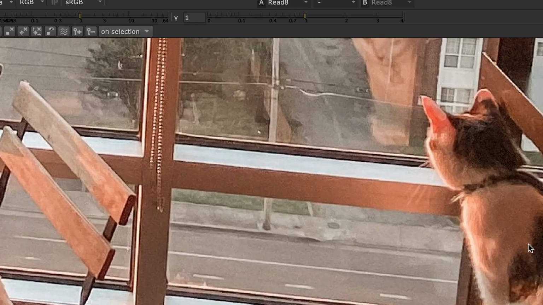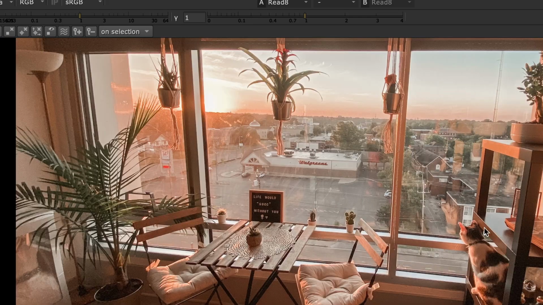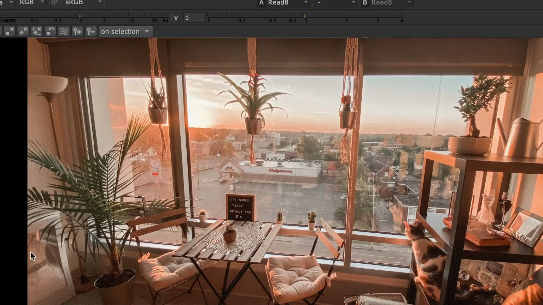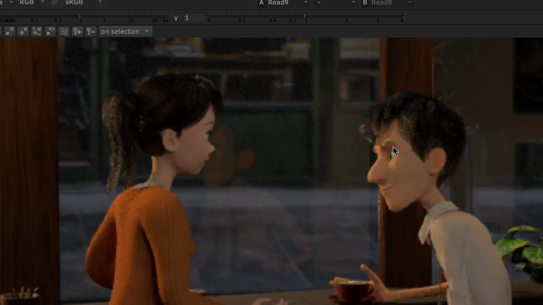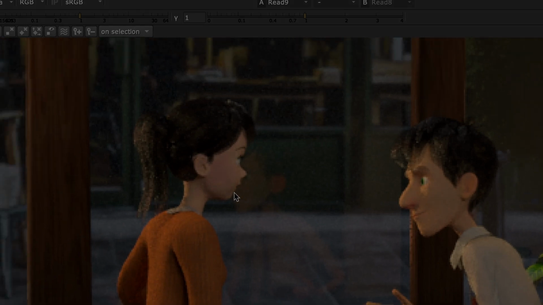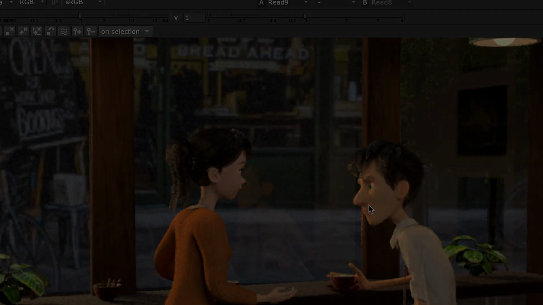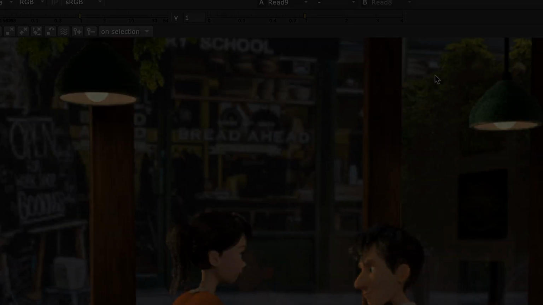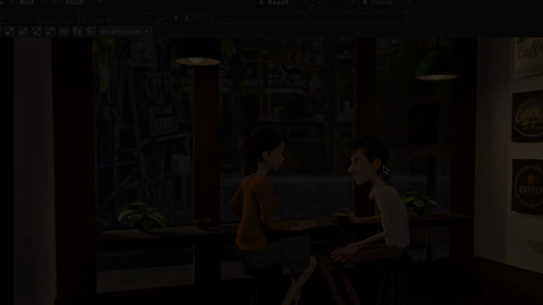So the cat's a good reference point too. Sunlight's coming in here, this is your fill level here, and the top of the cat has a little bit more light because he's getting lit by the sky. Keep that in mind as you're working, and try to incorporate that shaping onto your characters as well, because I feel like your characters have a little too much fill, not enough sunlight, and definitely not enough ambient lighting coming from this big window. So yeah, that's